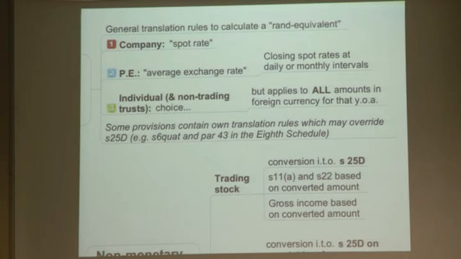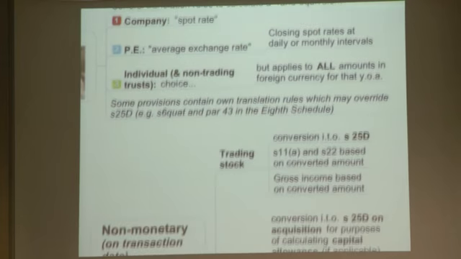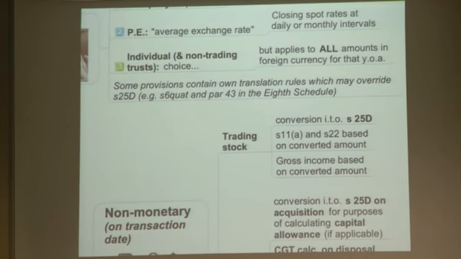Because now when I get to capital gains tax, I need to know what is my proceeds, what is my base cost, and then we have specific rules in paragraph 43. Are you clear where 25D fits in? Okay, it's a general conversion rule, but we may have separate provisions. Then the rest of the first mind map, I'm trying just to put the provisions in context, that you know when to apply which provision. So we are going to focus on foreign exchange differences and foreign exchange translation of the amounts today,